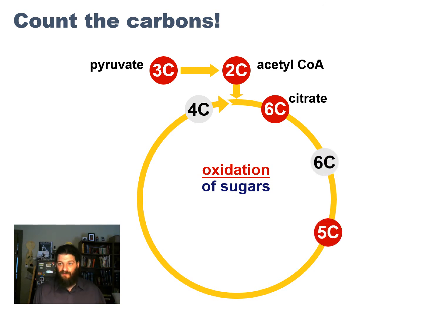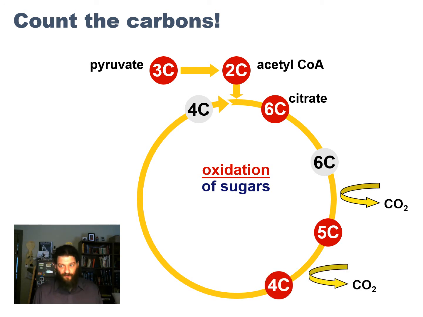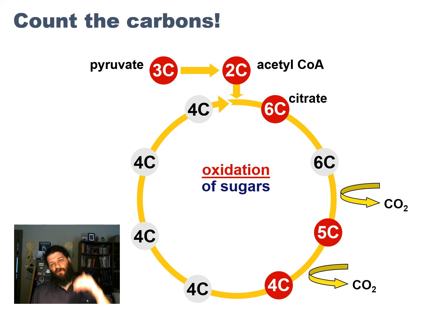That 6-carbon citrate molecule is then oxidized down to a 5-carbon molecule. And that, of course, means that we're going to lose a carbon dioxide. It gets further oxidized down to a 4-carbon molecule, releasing another carbon dioxide molecule. Those 4-carbon molecules then go through a number of changes until they become oxaloacetate, which can then be bonded to another acetyl coenzyme A, and around the horn it goes. So each time there's a glucose molecule, you're going to get 2 turns, because there's 2 pyruvate molecules, 2 turns